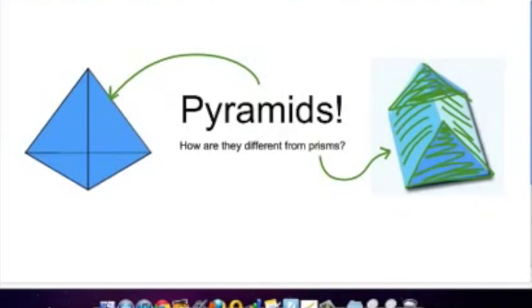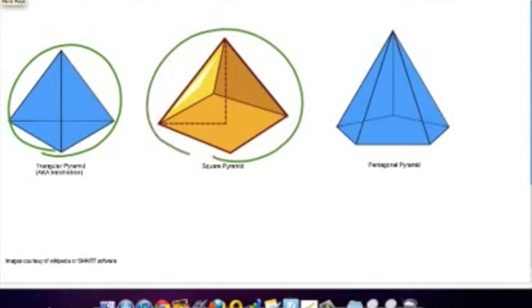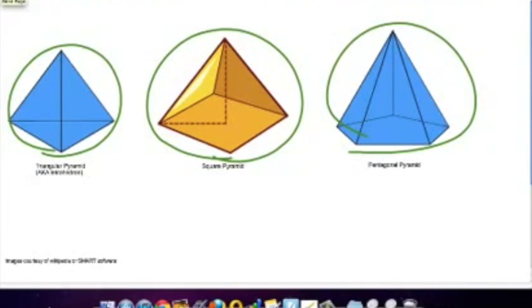Pyramids are a little different, as you can tell. First thing we're going to do is take a look at a few of the pyramids. You'll notice we have a tetrahedron, we have a square pyramid, and we have a pentagonal pyramid. Now, if you notice, all of them have triangular faces that meet at a common point. Because they have triangular faces that meet at a common point, we call the solids pyramids, and the triangular faces